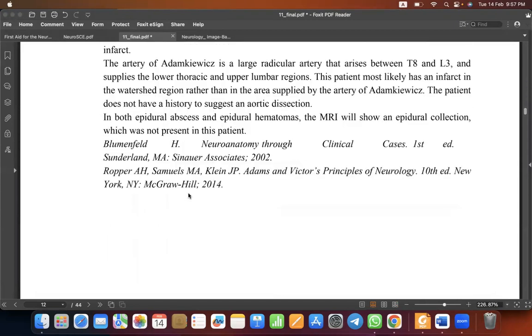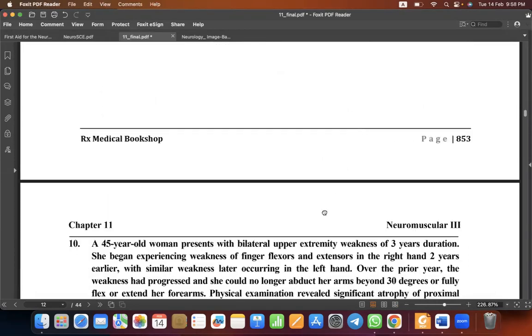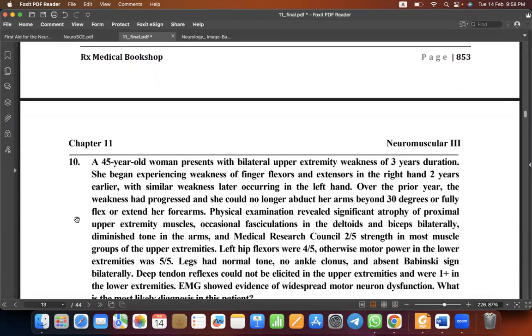Okay. In case of epidural abscess and hematoma, there will be an epidural collection. The patient wasn't having any epidural collection as well. Now the next question. The patient is having extremity weakness of 3 years duration. So another important thing, possibly we are thinking about another